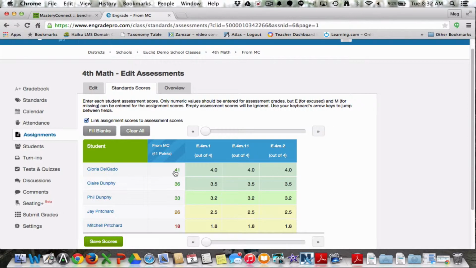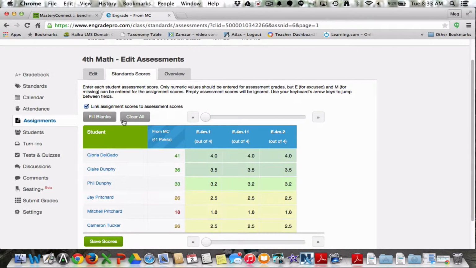For Gloria, that's probably true because she got 100%, but for Claire, say, she got a 36, she probably didn't get that evenly spread across these, and especially it's probably not true for a student like Mitchell. He may have done better on some standards than others. So in order to capture how they performed on a specific standard, we're going to start by clearing all of this. Now this is going to keep that overall score, that out of 41 score. It's just going to get rid of all that standard stuff